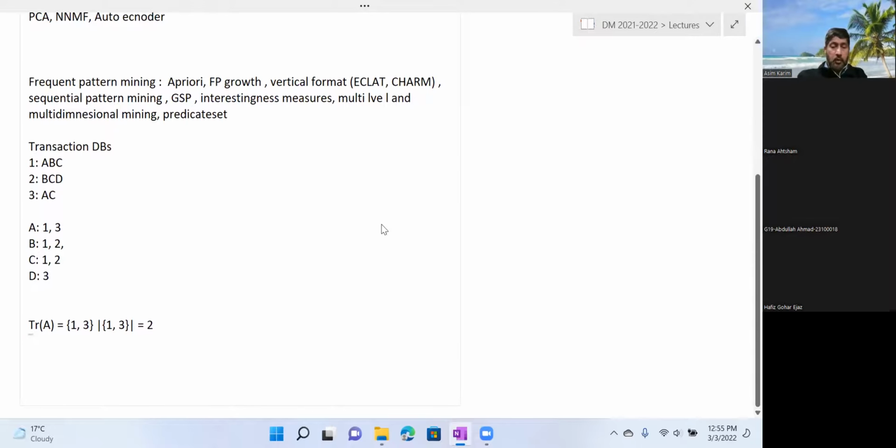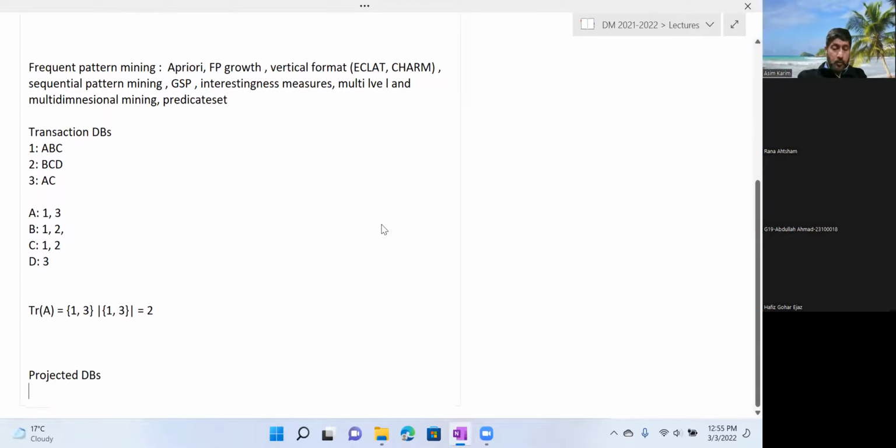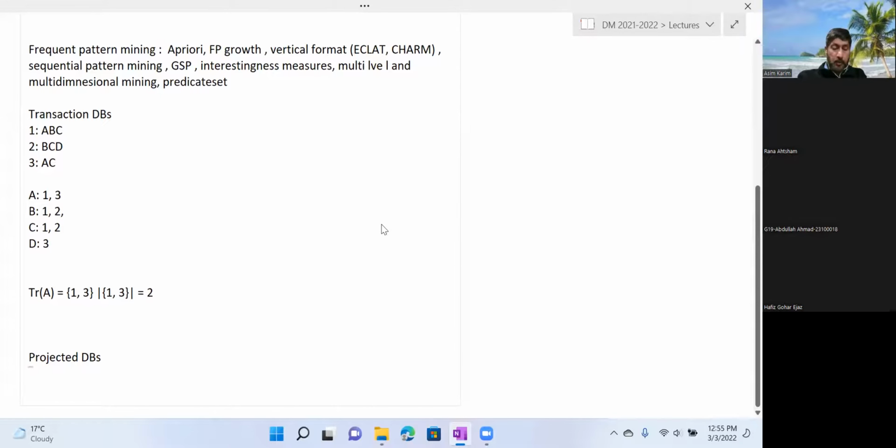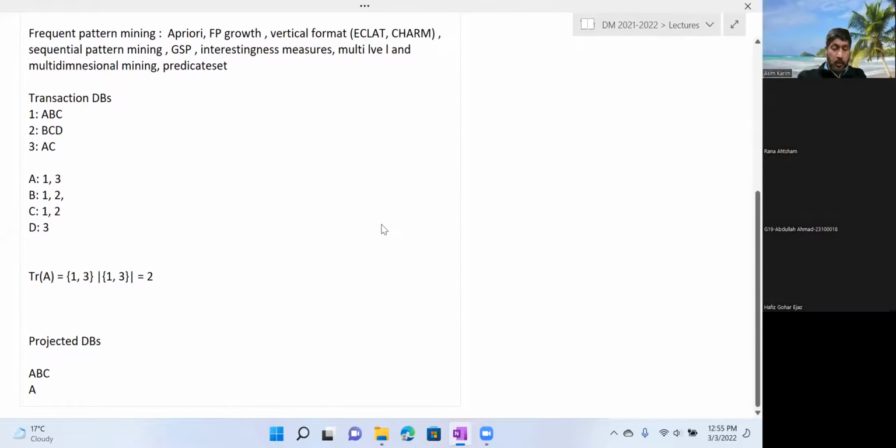Okay. Regarding the recursion in FP-growth, the best way to understand recursion is through projected databases. So let's say you have some database with A, B, C and A. Recursion essentially means that you take bigger projected databases of that. Let's say if I take a projected database of the above,